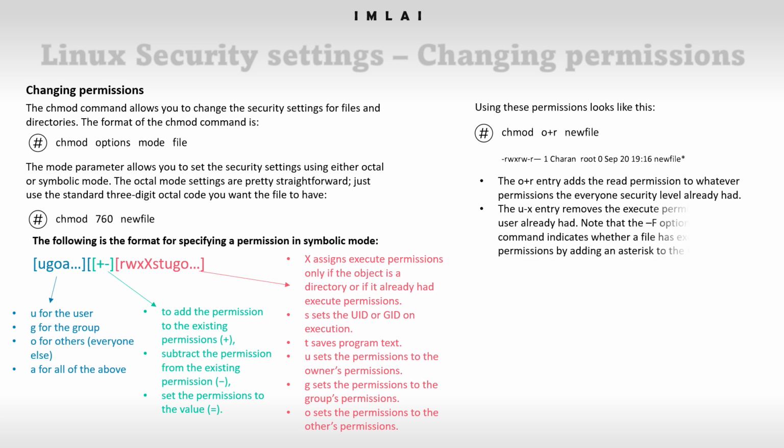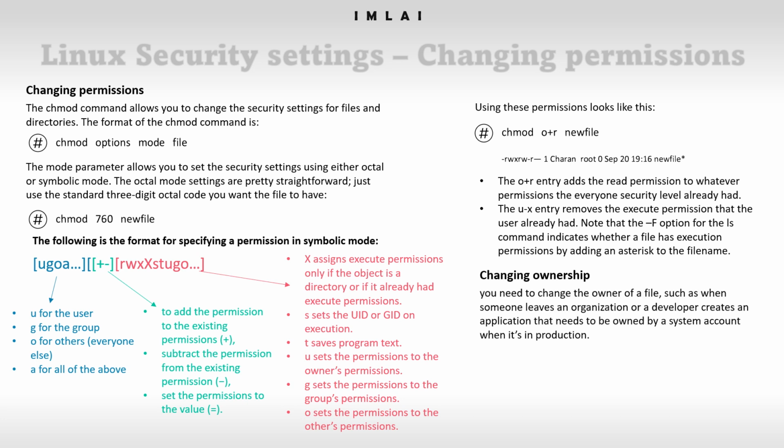Then the next example will take the u minus x. The u minus x entry removes the execute permissions that the user already had. Note that the minus F option for the ls command indicates whether a file has execution permissions by adding the asterisk to the file name. And